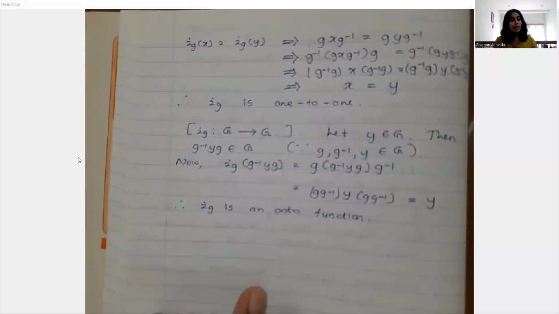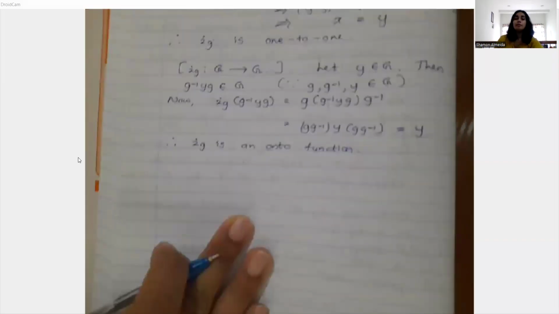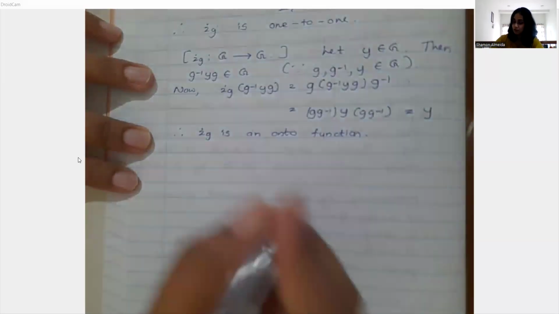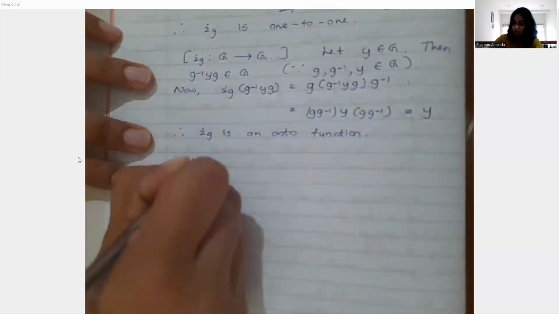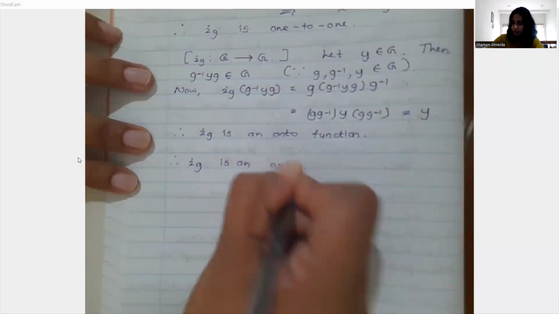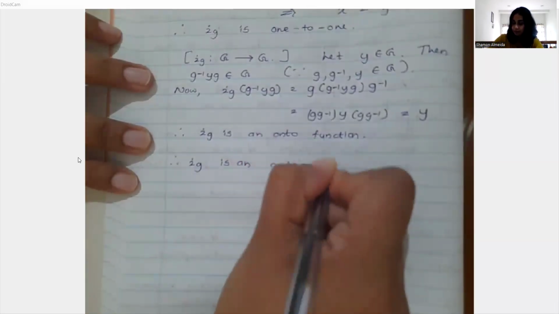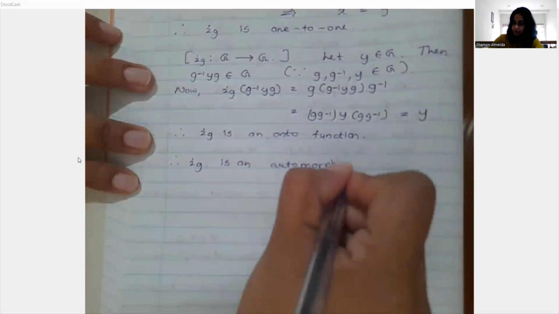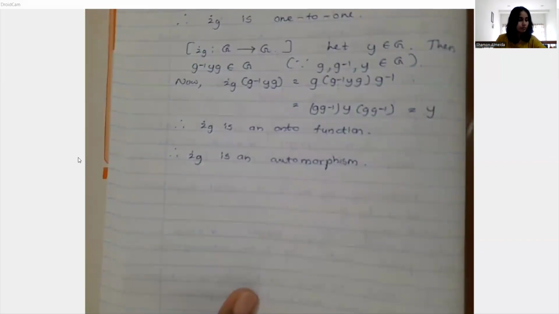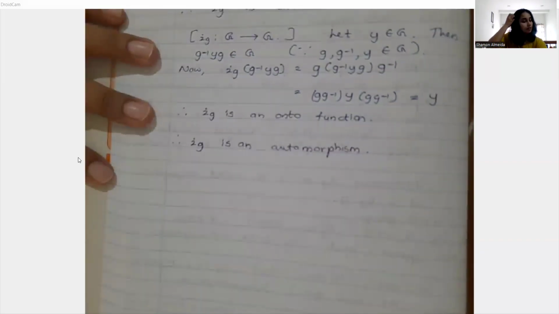So now we have shown that it's a bijective homomorphism from G to itself. Therefore, this is an automorphism, by definition of an automorphism. Therefore, I_G is an automorphism. Right. Now observe,